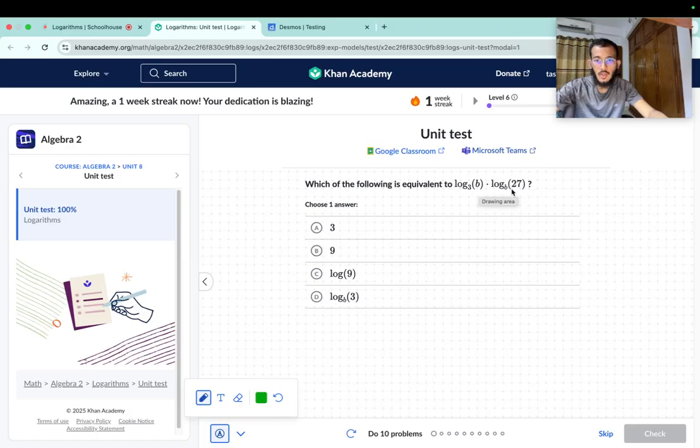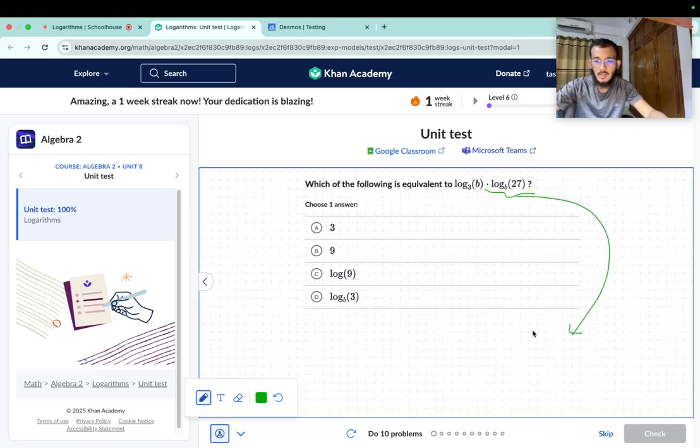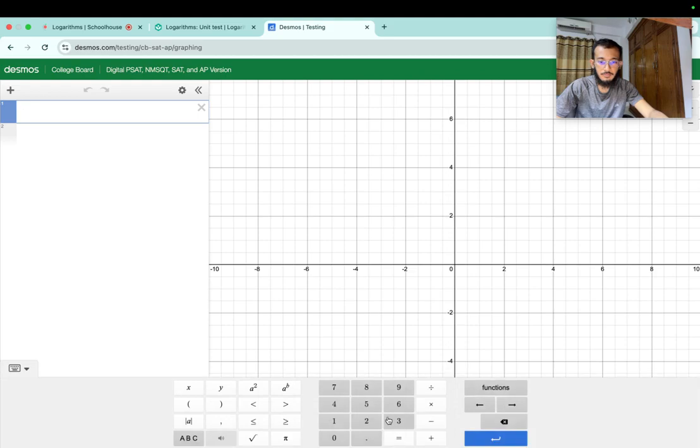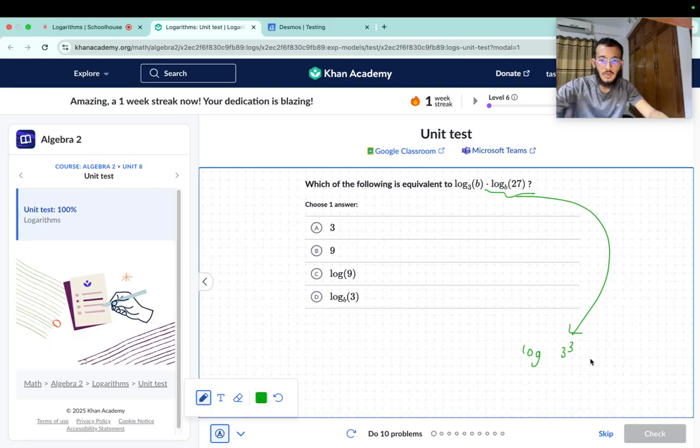So we can write 27 as 3 cubed. There it is. So we can write this as log b to base 3 multiplied by log 3 cubed to base b. What we can do is use the rules of logarithms to bring this 3 out front. So this thing will become,